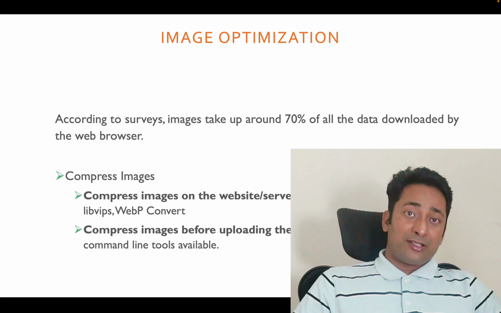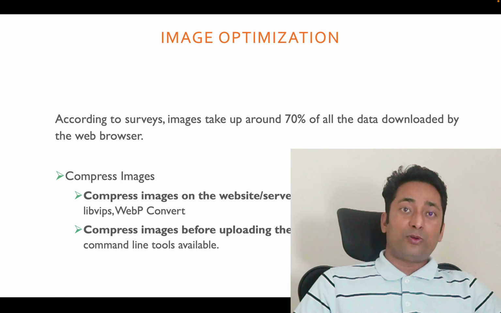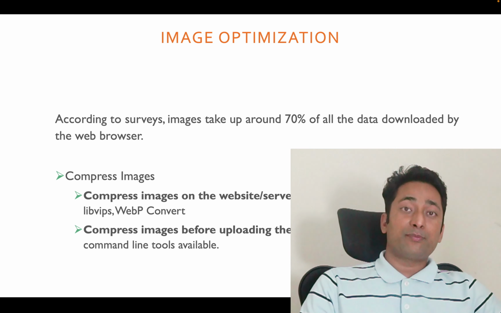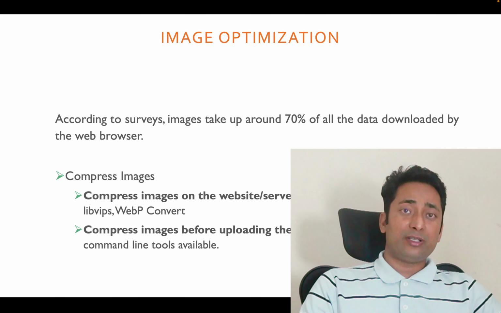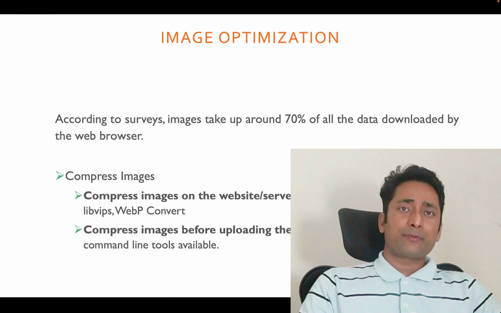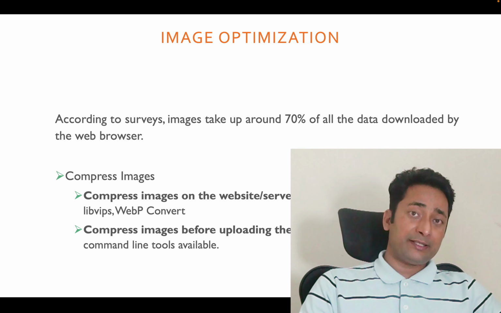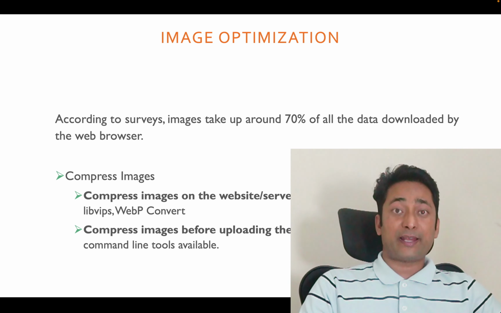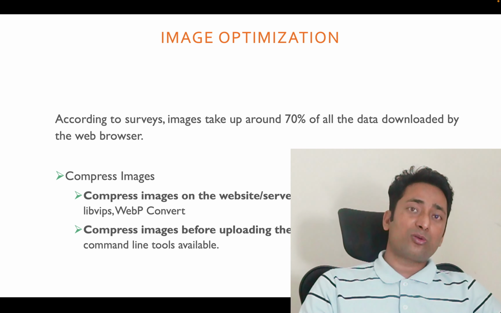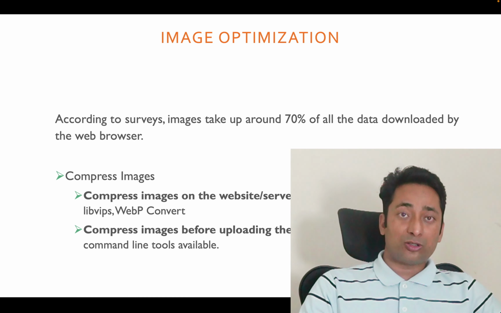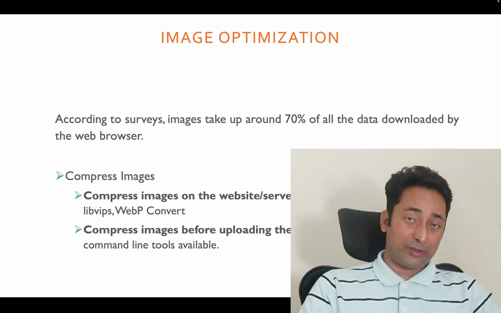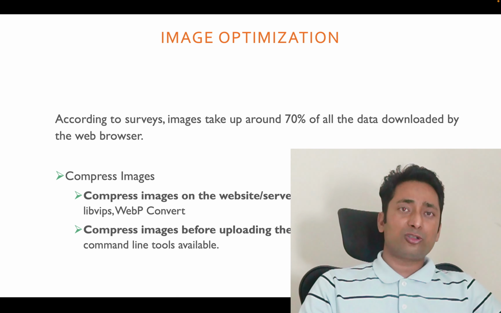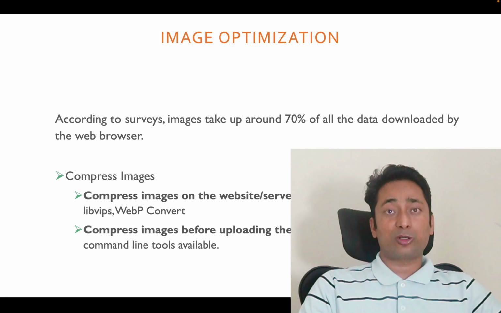There are many ways to compress the images before upload. One is, if you are editing your images in Photoshop, you can work with your Photoshop experts and ask them to provide you the image in compressed form, keeping the quality of the image. Image quality is also important. So if you are compressing the image, we have to take care of the quality also. Quality should not go off while we are compressing the image, right? We have to compress the image, we have to minify it, but we also have to maintain the quality so that it will look good to the end users.